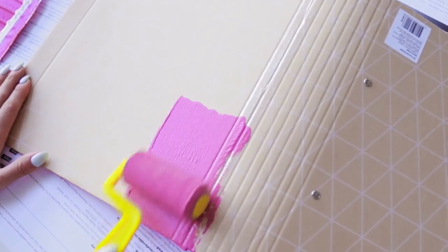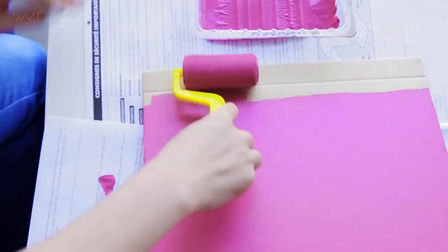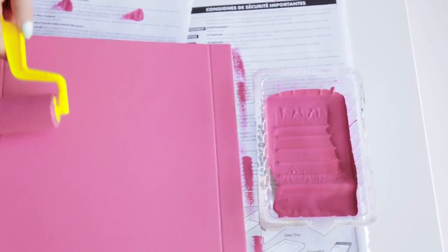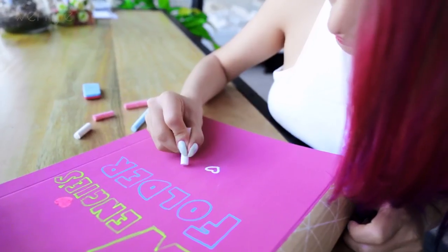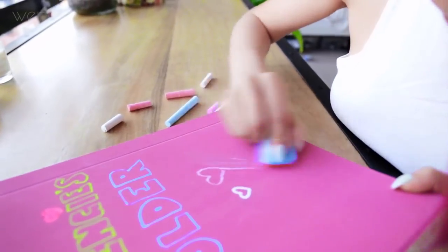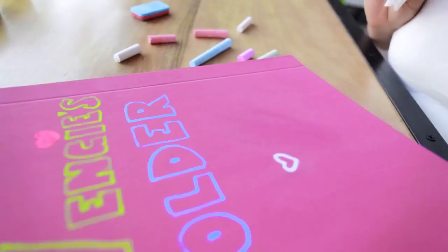Did you know you can get chalkboard paint in a bunch of different colors? I had a hard time choosing because there were blues, greens, purples. I ended up choosing this rose pink because I thought it was so beautiful. I used about 2 coats before I got the finish I wanted, and once it's dry you can decorate away. I found these amazing neon liquid chalk pens as well, which made decorating more fun, and that means you can change the design on your folder anytime you like, and when you're sick of it, just get a damp tissue or cloth and wipe it away. You can also use this as a to-do list as well,